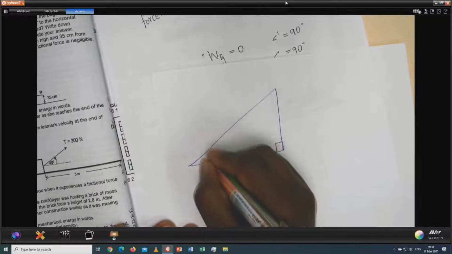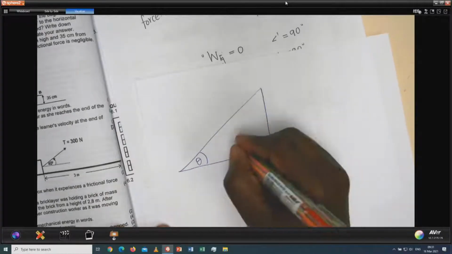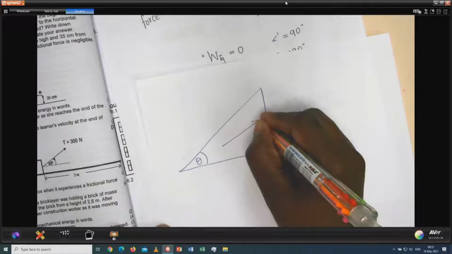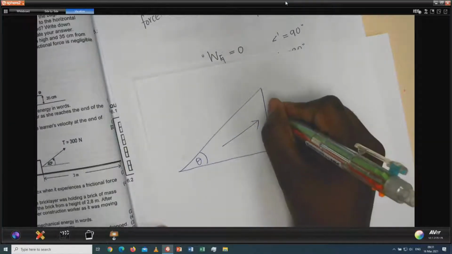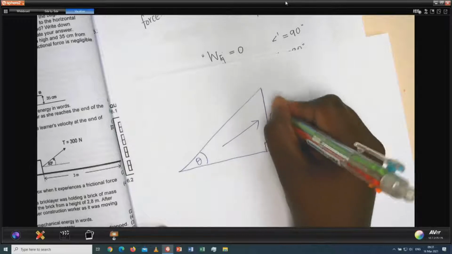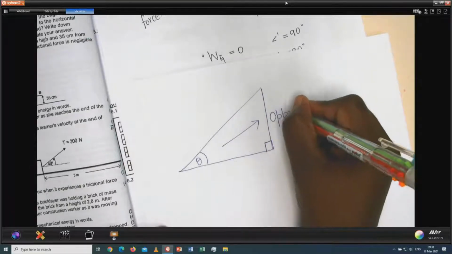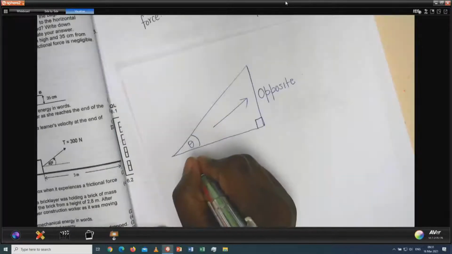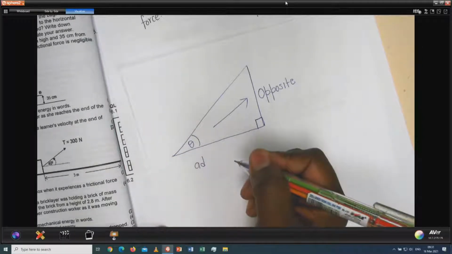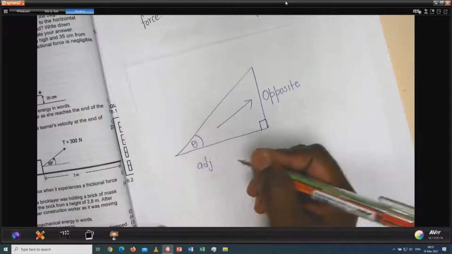Now we are given this angle. Then you will remember that this is the opposite side,